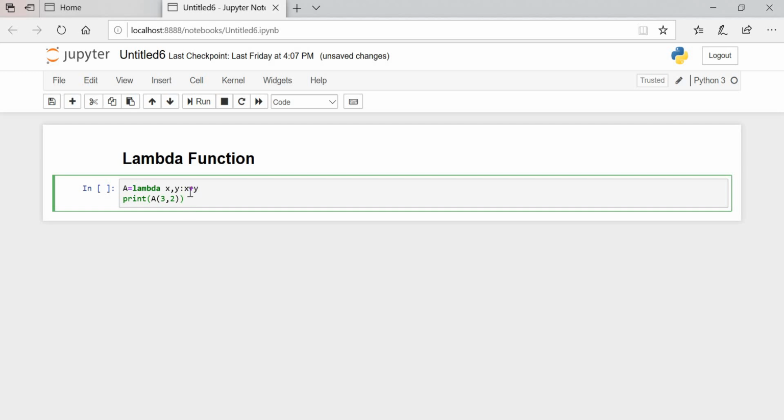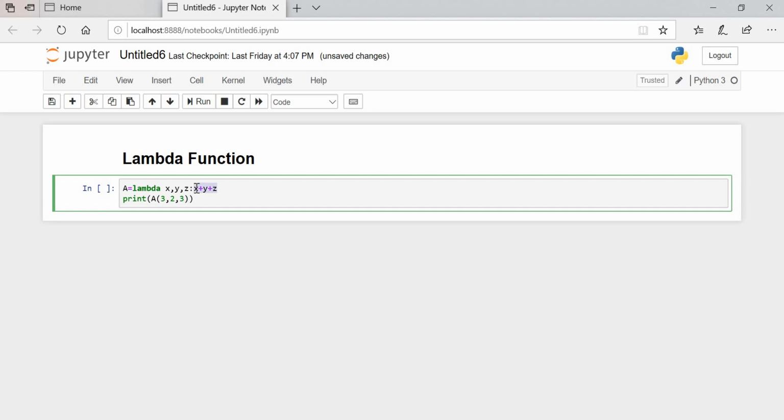One more thing, in the lambda function we can give only one condition. We can't give multiple conditions, but we can give multiple variables inside the condition. Plus z, we can add over here. Here also we can add the z variable. Simply we have to give the numbers like this. So we can add multiple variables inside this condition, but we can give only one condition in a lambda function.